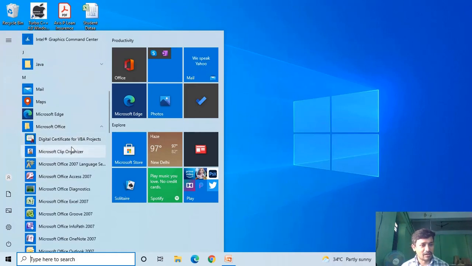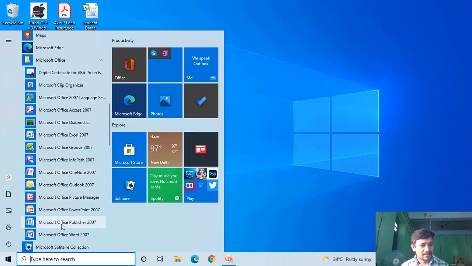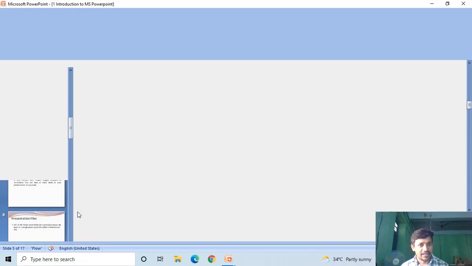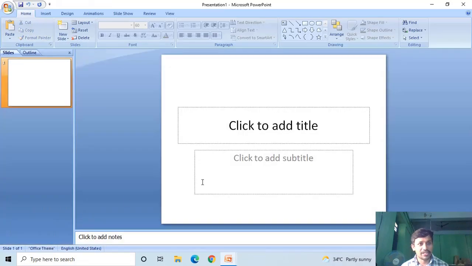It displays all the applications installed in the Microsoft Office package. Click on the Microsoft Office PowerPoint 2007 application. It opens the Microsoft PowerPoint window. This is the starting window of PowerPoint.